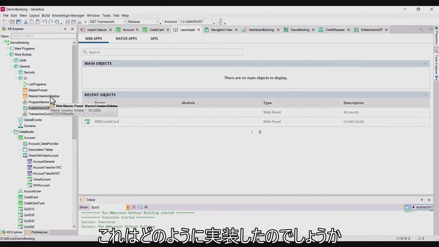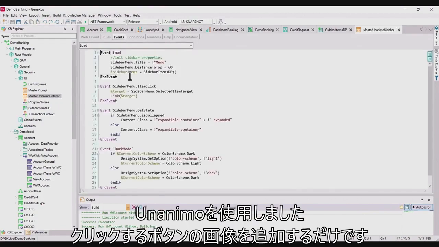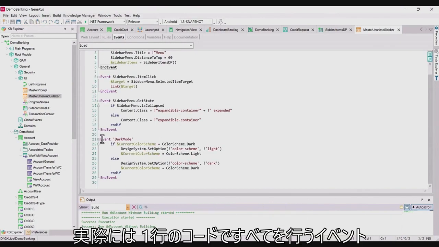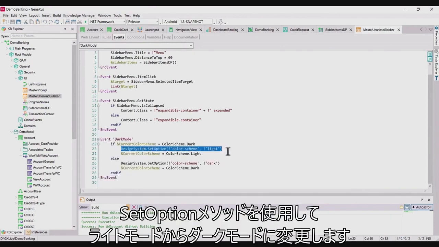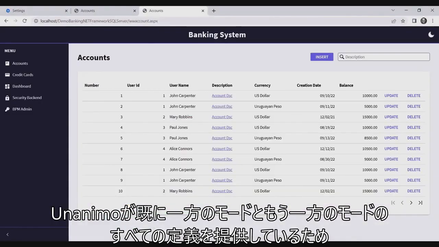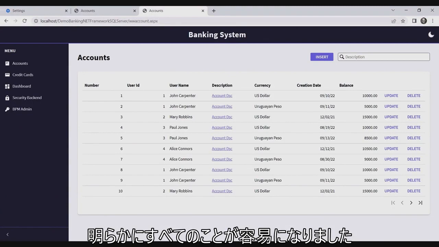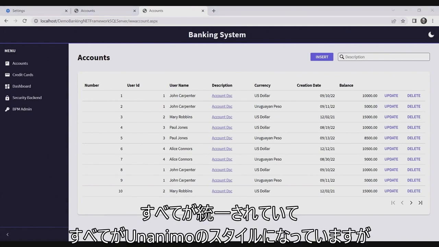So how is this implemented, having Unanimo? You just add the image for the button where you're going to click, and with an event where the whole thing is just a single line of code, which is the set option method that will alternate between dark and light modes. So, of course, all of this is very easy as Unanimo has all the definitions for one mode and the other one. So now everything has been unified, everything looks Unanimo,